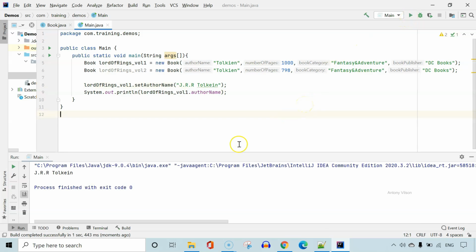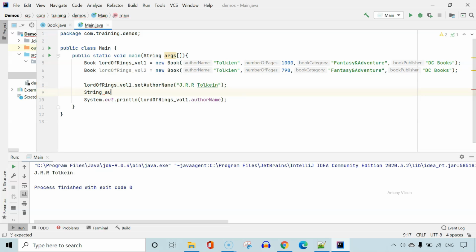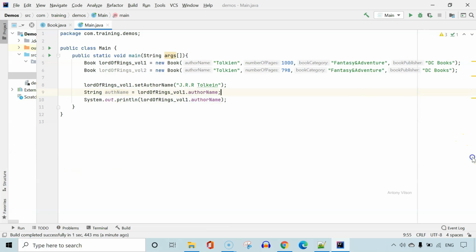Yeah, see here. Now to save an object's data, we can save author name into a string. Now we know that author name is a string, so it should be stored into a string. String auth name equal to Lord of Rings volume dot author name, and we can pass this author name here.